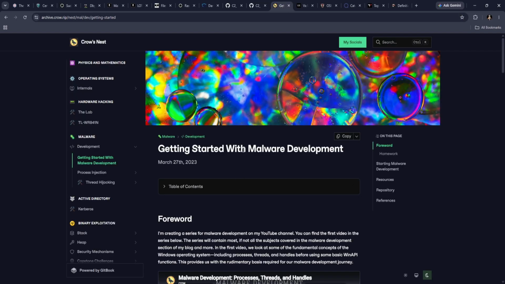Now, about malware development. I personally do not do malware development. I only like to explore Windows internals or Linux internals and try to enhance my programming skill. That is why I refer to this article sometimes. But for those of you who want to learn about malware development, then I think this will be a good